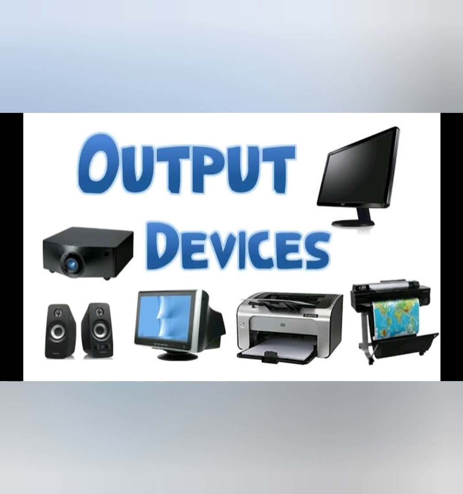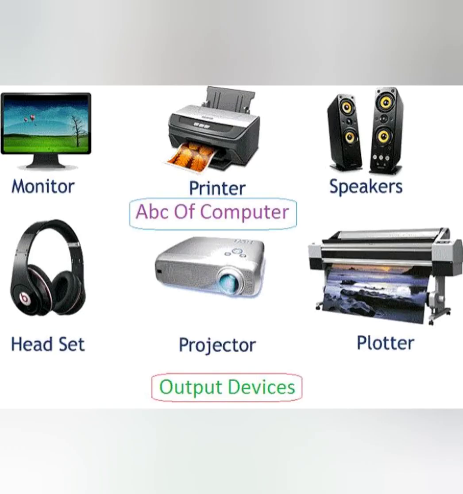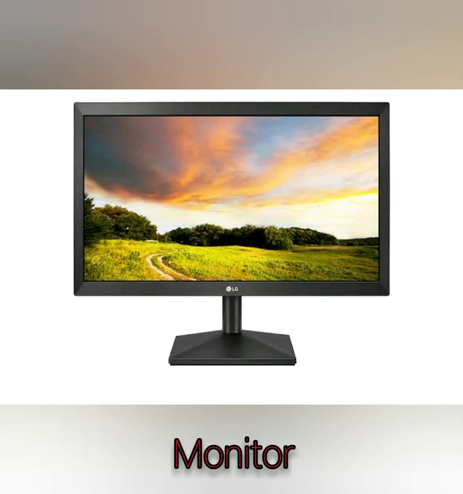Output device helps us to display the output from the computer. So output hardware consists of devices that transfer the information from the computer to the user. So some of the major output devices are monitor, printer, projector and speaker. So the computer displays the result of processing on a TV like display screen called monitor.